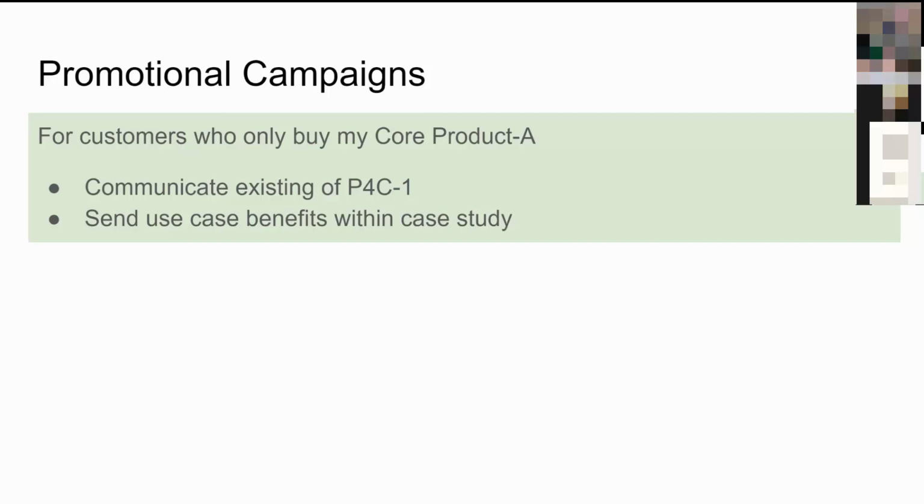So what would I do? Maybe use case benefit type things built into case studies. So it's the use case explanation as well as the case study. I know that you consume membership at this level and do this, but I've got a number of our members that also get benefit from this, and this is why they get benefit from that. And here's a testimonial from one of my customers about that.